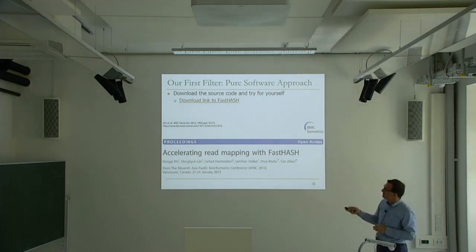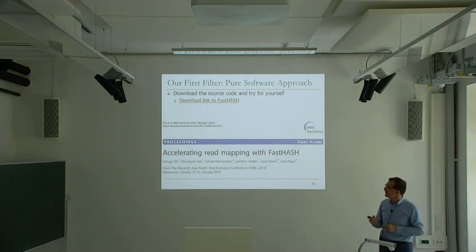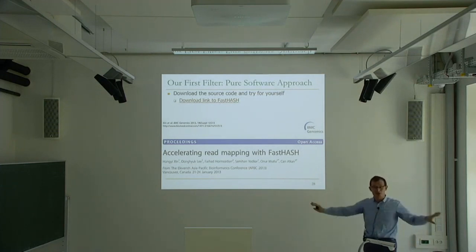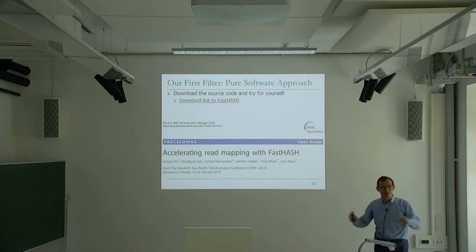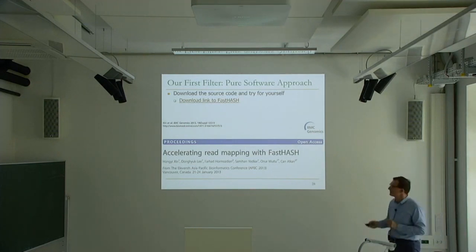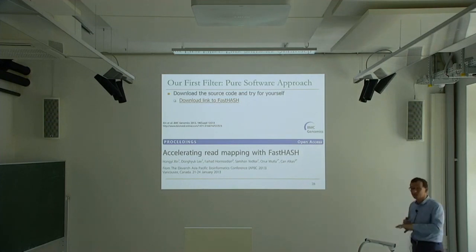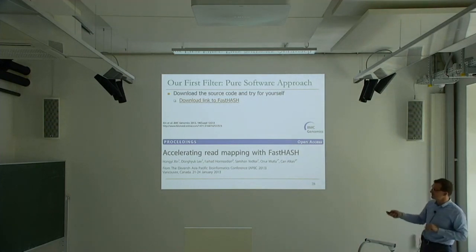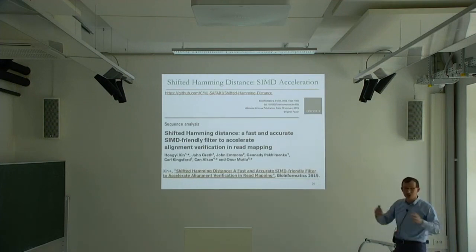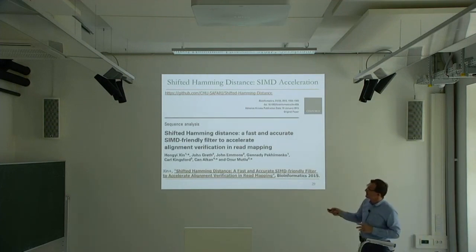And basically, the key takeaway over here is if you actually design such a filter, you can get rid of 99% of those edit distance computations. So you can accelerate the mapper by about 20x, according to our results. Of course, the filter needs to be quick. And then our goal was to actually make the filter really quick, because the bottleneck shifted to the filtering mechanism, and we started designing algorithms that are more SIMD friendly.